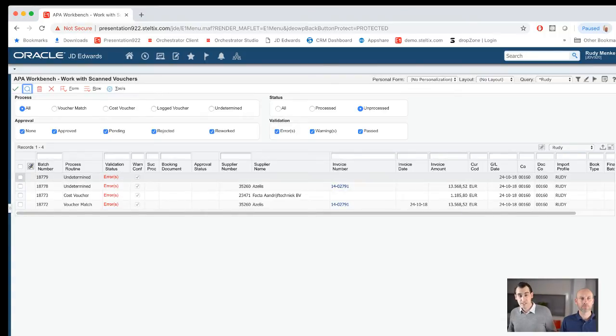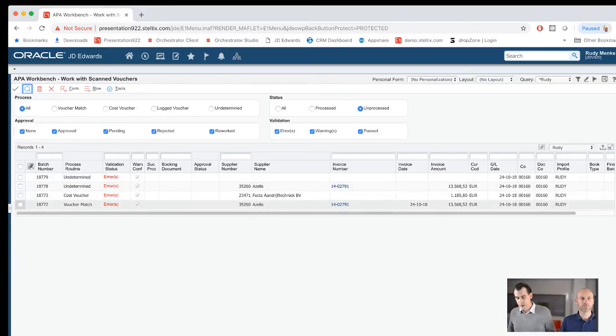We have a validation status, which we're going to look into. Is it an error? Do I have warnings? And after that, you will see booking documents. Of course, we don't have that yet because we didn't process any document. And we also see an approval status, which for these is also not very applicable. I will show you that in a second. And on the right side, you see some information that is automatically mapped by the capturing. You see supplier names, you see invoice numbers, you see amounts, and companies.